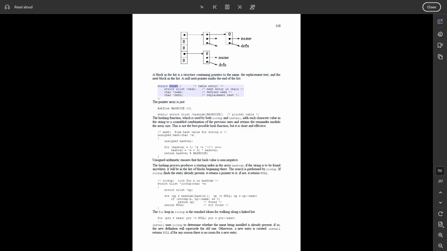struct nlist { /* table entry */ struct nlist *next; /* next entry in chain */ char *name; /* defined name */ char *defn; /* replacement text */ }; The pointer array is just #define HASHSIZE 101 static struct nlist *hashtab[HASHSIZE]; /* pointer table */